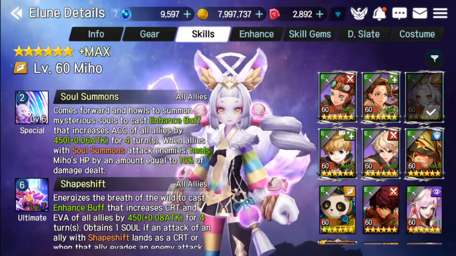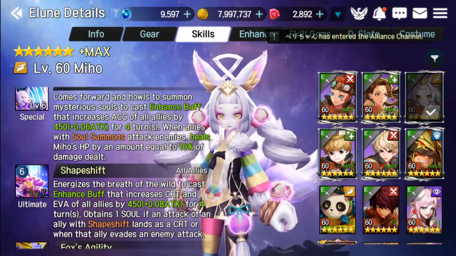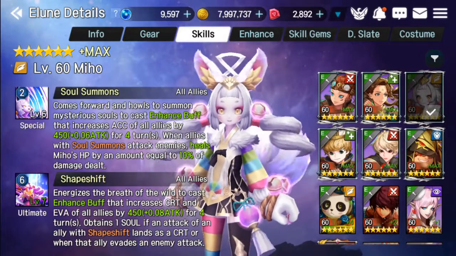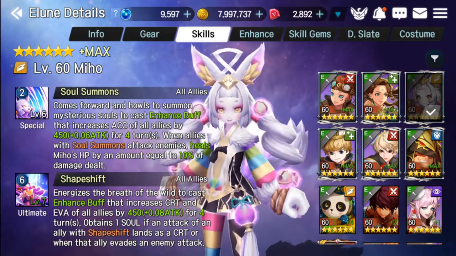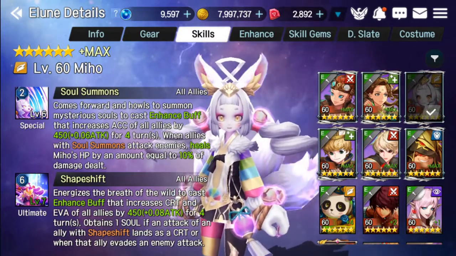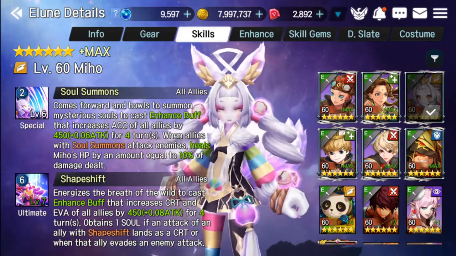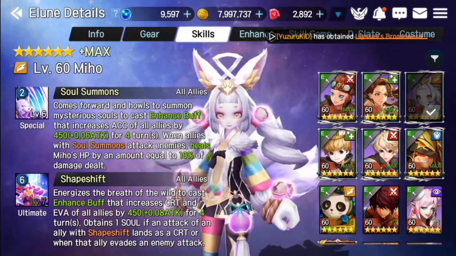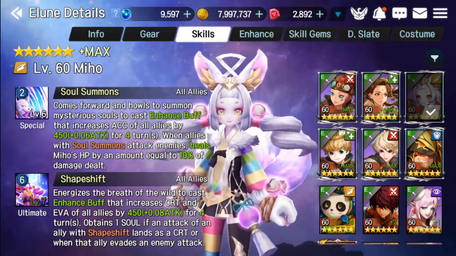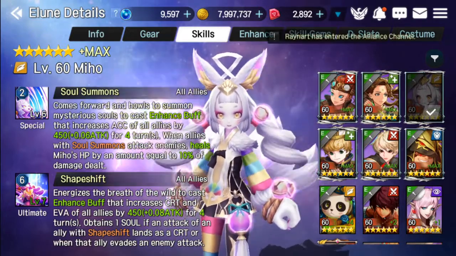The first thing is, you're going to want to try to get Shapeshift up as fast as you can, more so than the special skill. So don't necessarily waste souls to use the special skill first. Try to get Shapeshift up first, because that's the more critical skill, since it does the evasion buff. It's based on her attack, so give her as much attack as you can. As long as her HP is higher than Medjed's, give her as much attack or attack subs as you can,